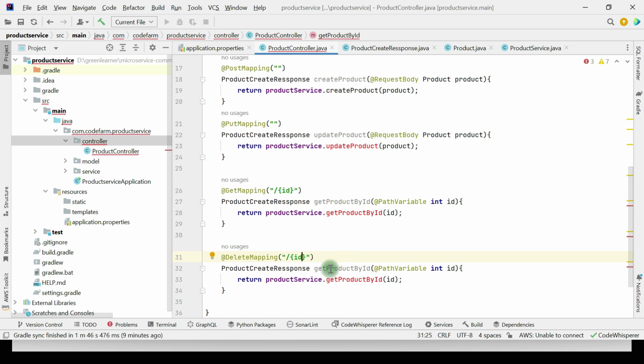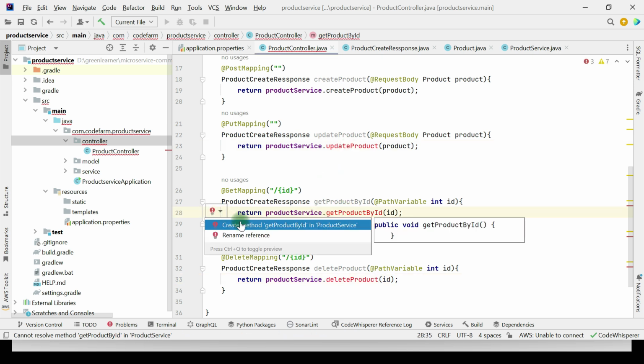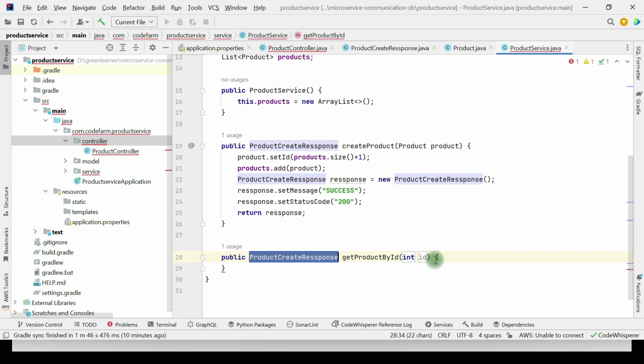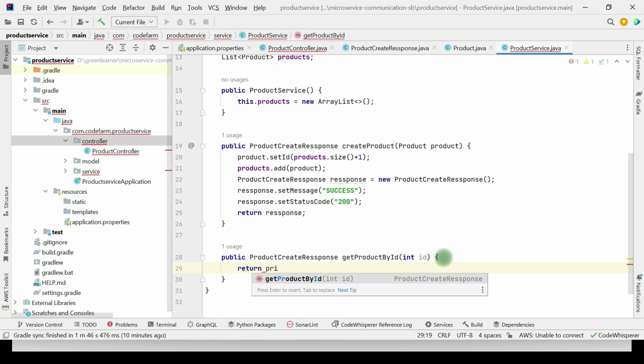Delete product, so it will delete that specific product from there. So now I have to create all these methods in our service class. Okay, so return